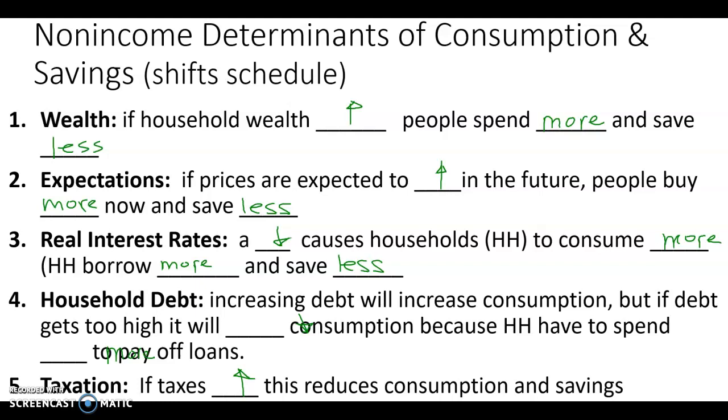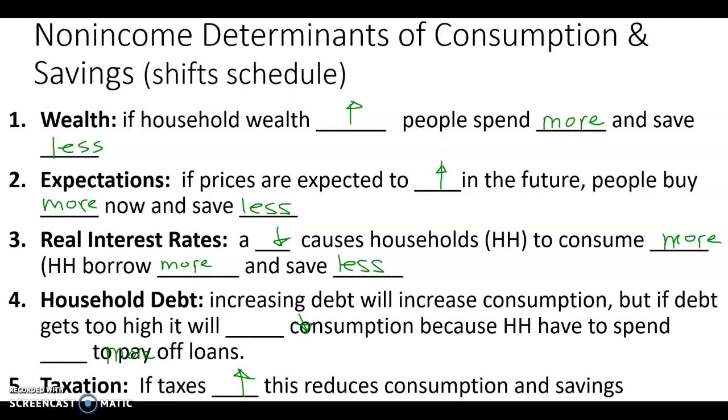So, by the way, I should have mentioned this. Aggregate demand is going to be GDP. So real GDP is going to be consumption by consumers. It's going to be investment spending, gross investment spending by businesses. It's going to be government spending, and then it's also going to be net export. So that's how we determine aggregate demand.